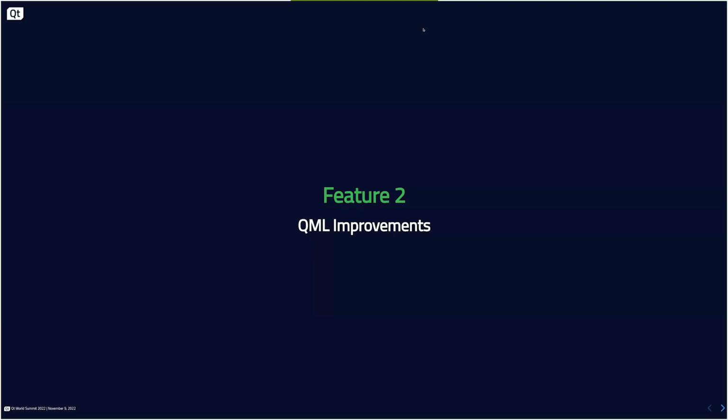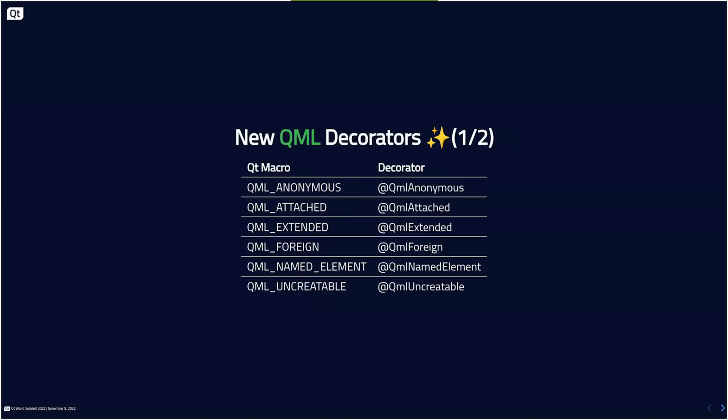Feature number 2, QML improvements. Something that we really spent time on was to improve how you can use QML with Qt for Python. With Qt for Python 6.0, we added the add QML element Python decorator, which was synonymous to the QML element